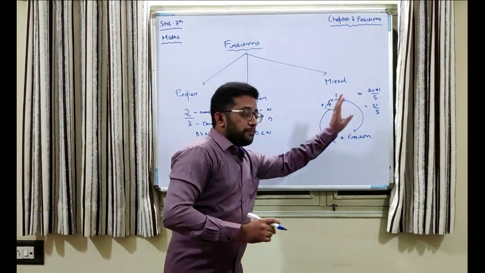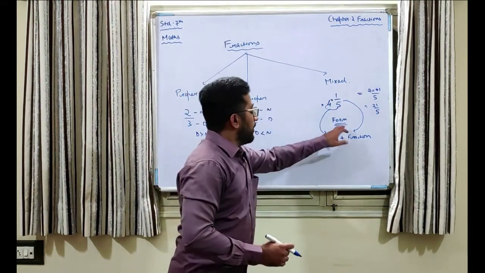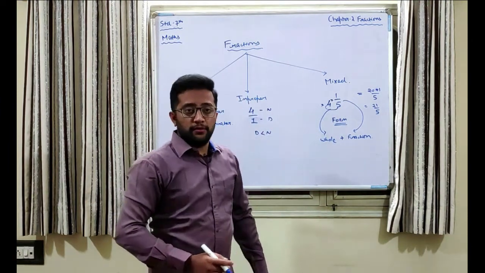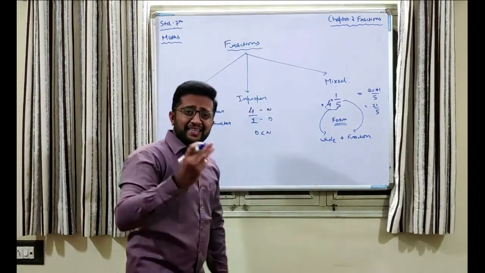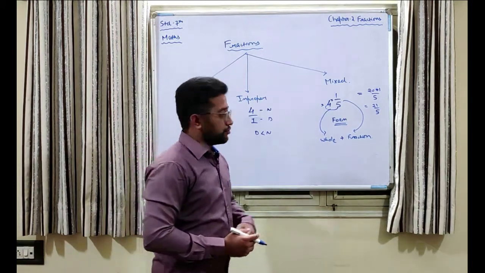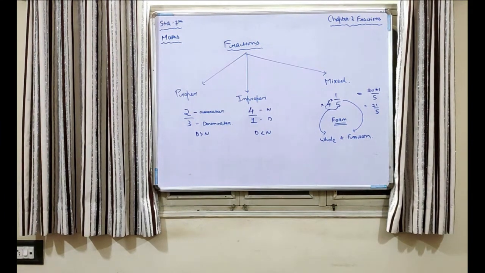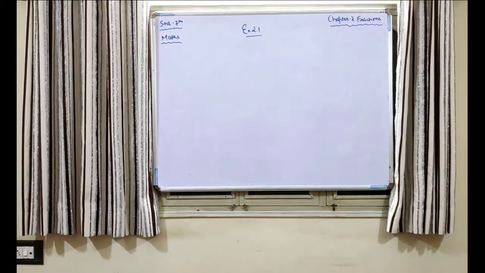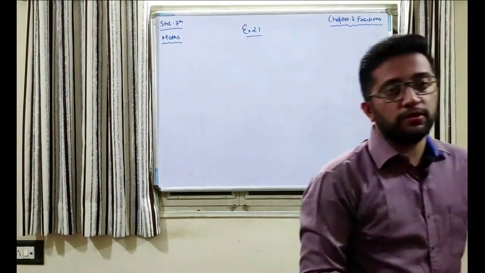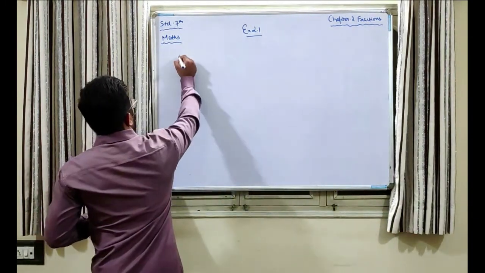Okay, so you can simply convert the mixed fraction into an improper fraction by multiplying the denominator with the whole number and adding the numerator to it. Okay, so these are three types of fractions which are very much important for you in 7th standard. So please take a note. Okay, so moving forward, we will start with exercise 2.1, which is on page number 31 of your NCERT textbook of 7th standard. So solving question number 1.